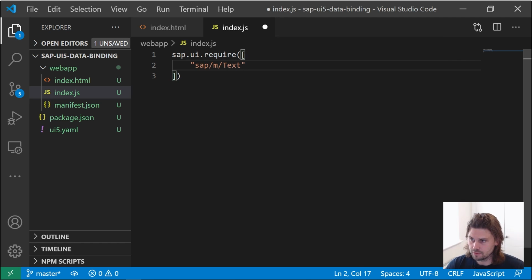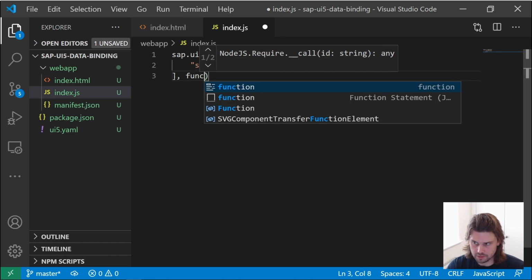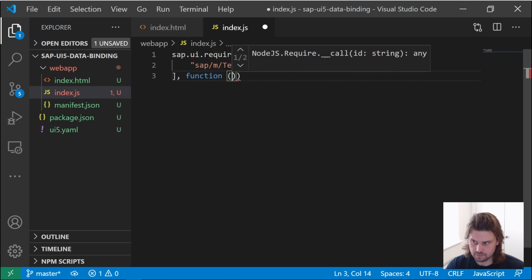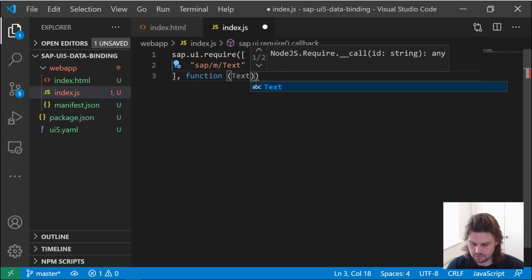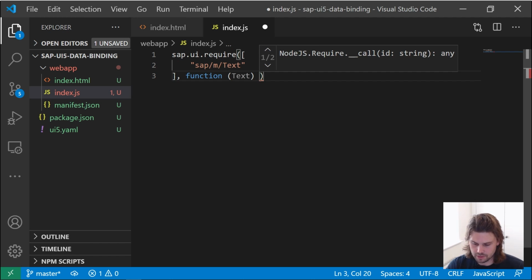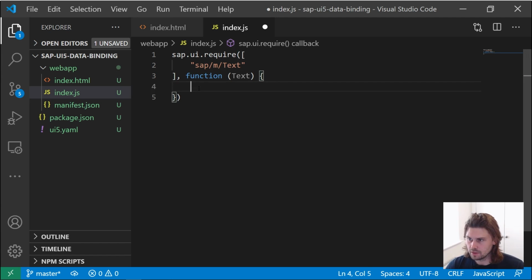And once we have that, we can go ahead and open up our function, passing in that text part of the library, and then we can go ahead and run our function. So first thing I'm going to do is put "use strict" to run the strict check and control over our